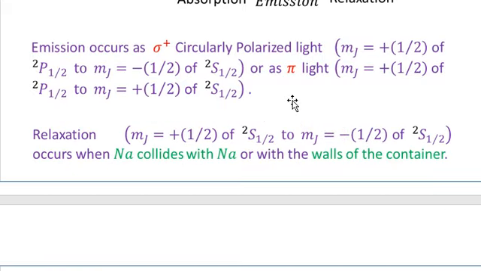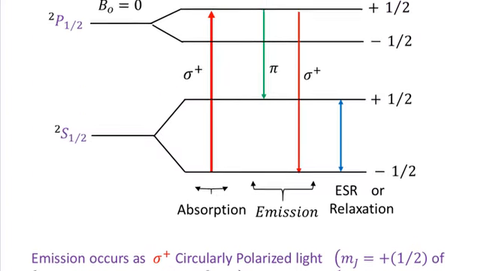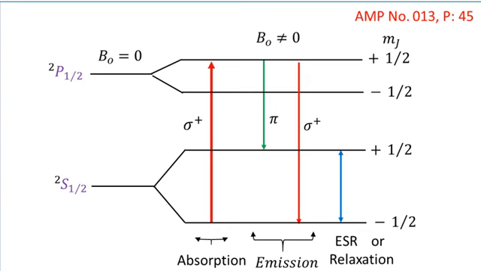The second option is that the emission will take place through the pi light, which is shown in green in this transition, which is also important for us in order to determine the separation between the two ground levels of these Zeeman levels. We can determine the separation between these two levels, that is, the electron spin resonance separation, using